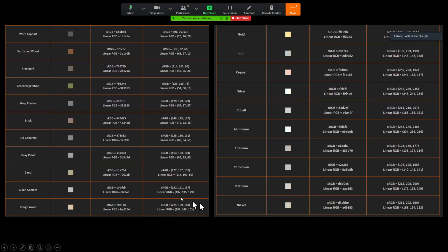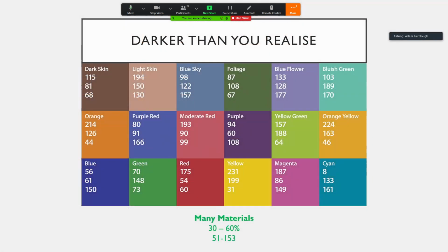There's just a few examples here of some common materials. I'll send these out separately in a link for you, which we can use as a baseline reference to help us align both our saturation and our brightness in the right way. I tend to use these as a guideline to make sure that I'm not doing anything too crazy. But if we have a look at some more colourful things,